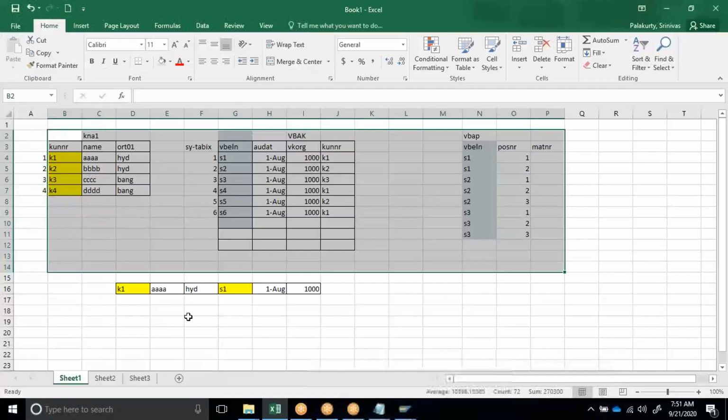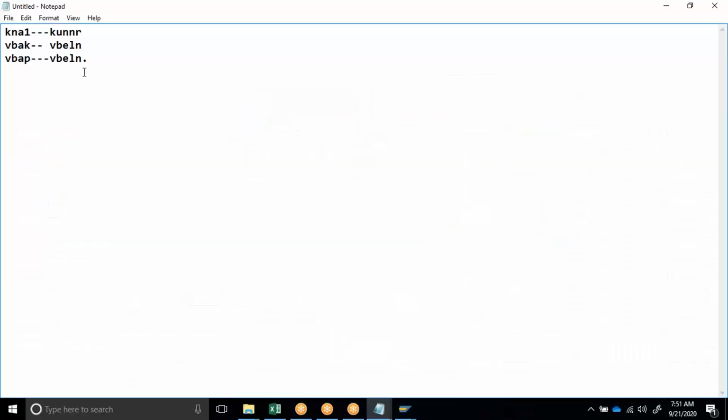But when you see here, if I sort these two with KUNNR, we cannot use VBELN field because VBAP we don't have KUNNR. If you sort both the tables with VBELN, then I cannot apply for this. So who asked you to apply parallel cursor only? Why can't you do it like this?